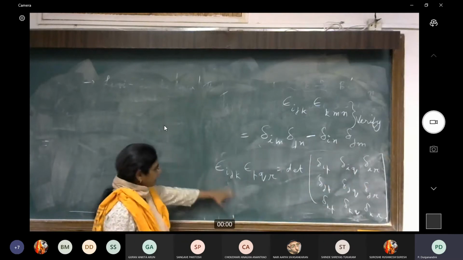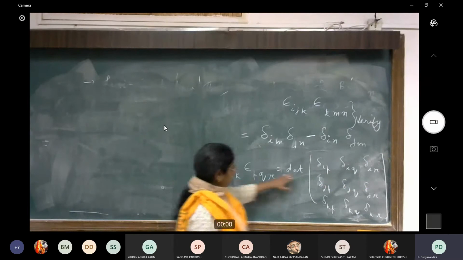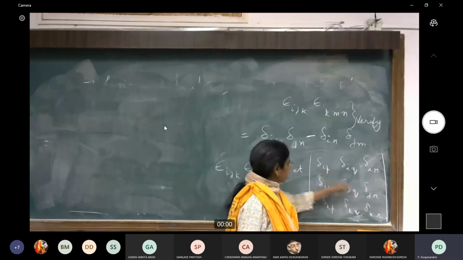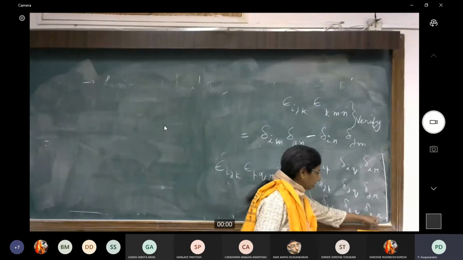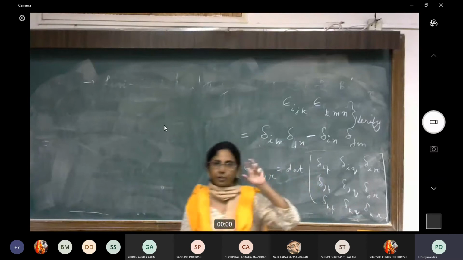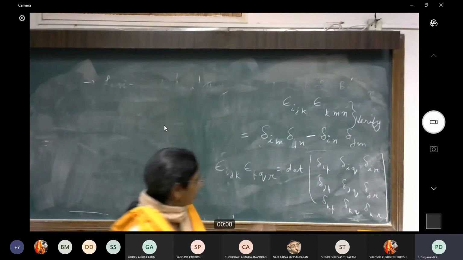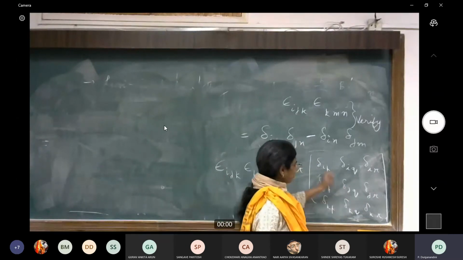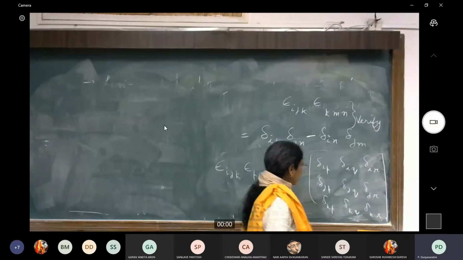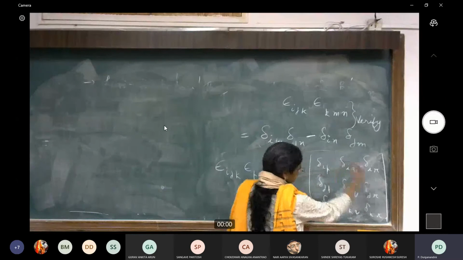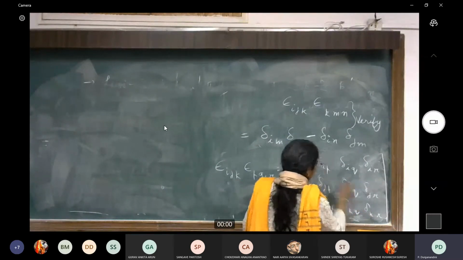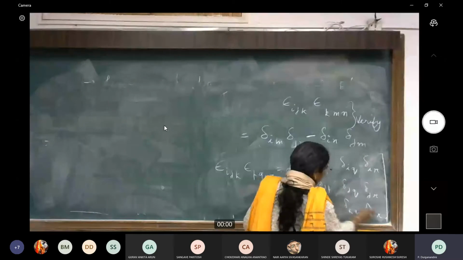See, this left-hand side is a sixth rank tensor. When I take this determinant, I'm going to combine delta i p with delta j q, for example. I'm saying one term, delta i p with delta j q times delta k r. Each of these is a second rank tensor, and I'm taking the product of three second rank tensors. If I take the first two, I get a fourth rank tensor, and a fourth rank tensor with a second rank tensor gives me a sixth rank tensor. Since the right-hand side has a determinant, you can see that it is going to have antisymmetry in i j k. It will also have antisymmetry in the second one, p q r, which we have just established.